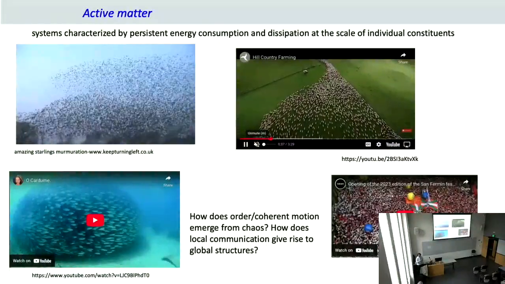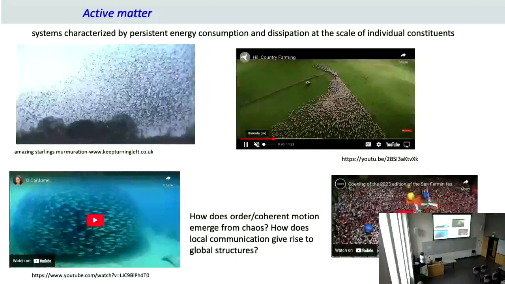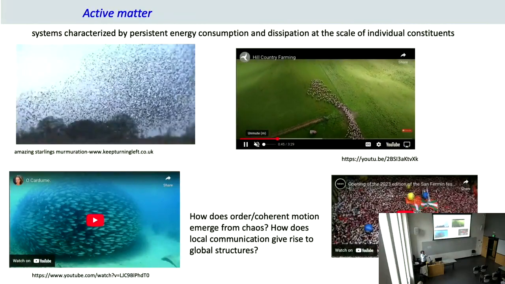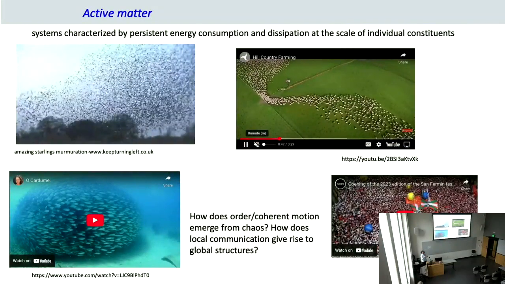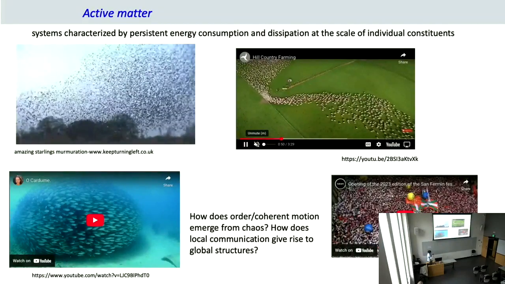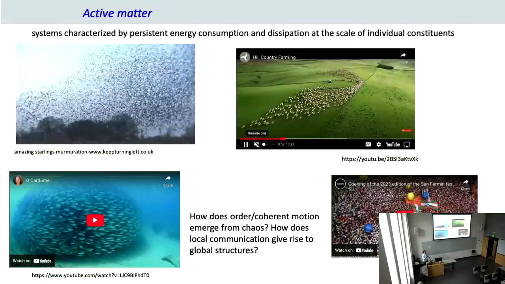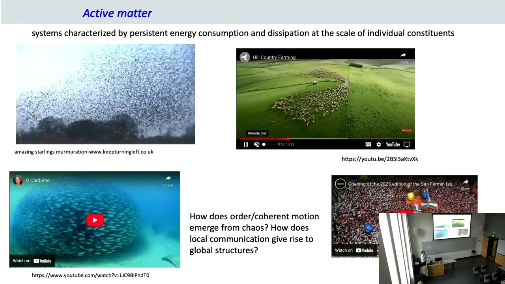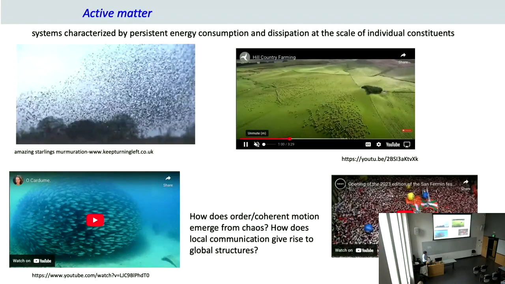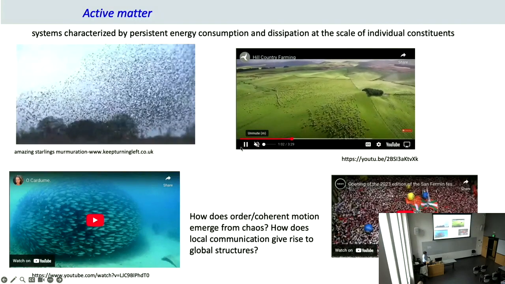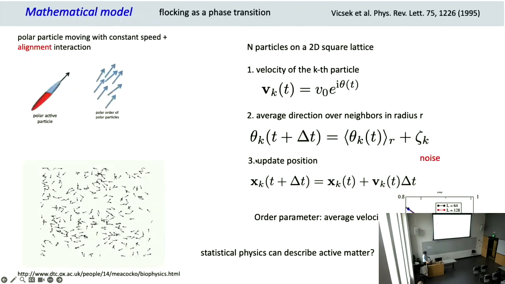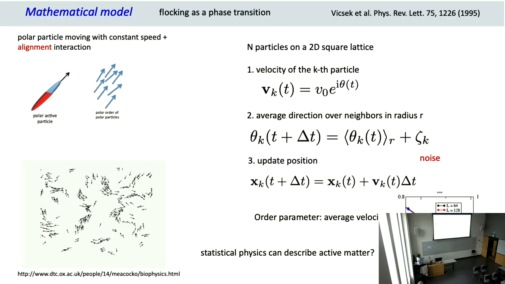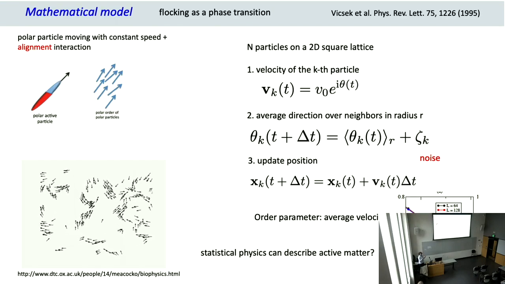So why did it become interesting? Because these are very different systems, but somehow they exhibit the same generic behavior, the same universal behavior. So there has to be some sort of abstraction from the physics, and that's where math kicks in. Can we come up with a minimal model of flocking? And that's what Vicsek did 30 years ago. He created this minimal model for flocking, which is purely mathematical.